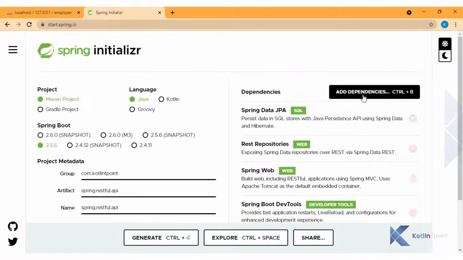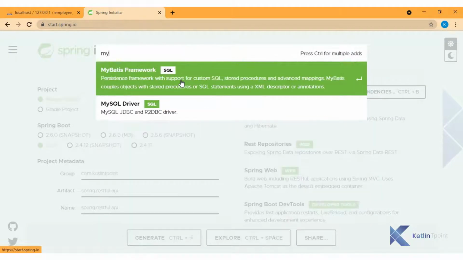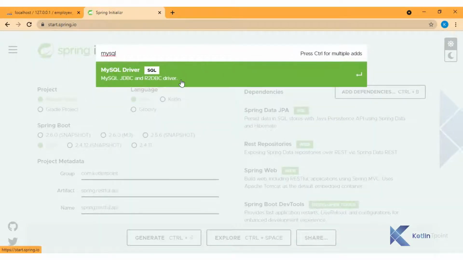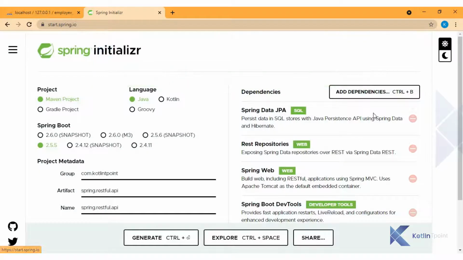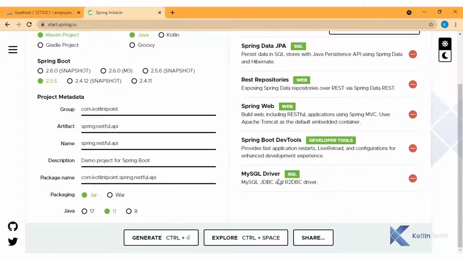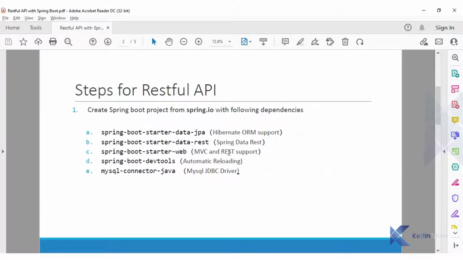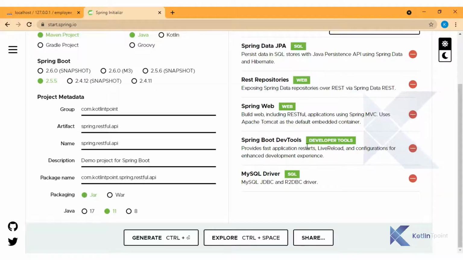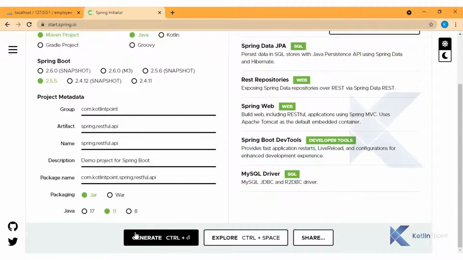For MySQL connectivity we need the MySQL connector, the MySQL driver. So this is how we make our Spring Boot application ready with 5 dependencies: first starter data JPA, second data REST, then starter web, dev tools, and connector Java. So with these dependencies, let's download.